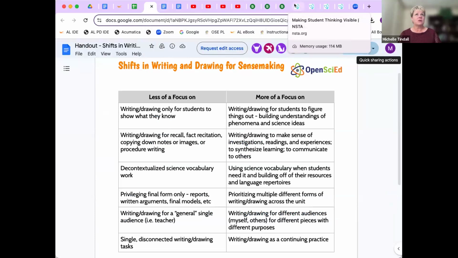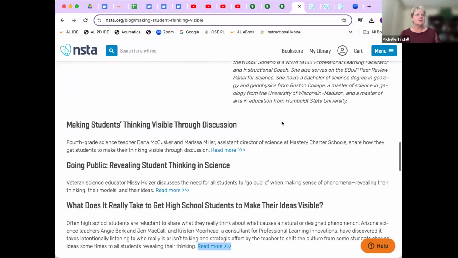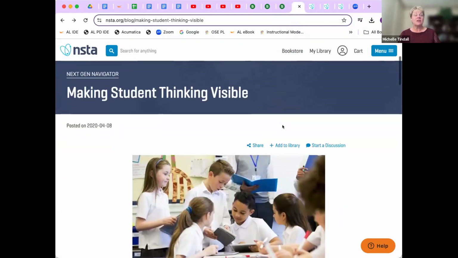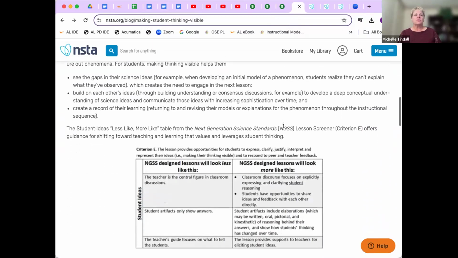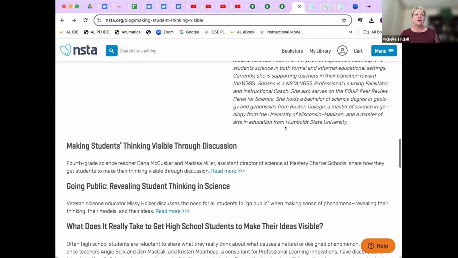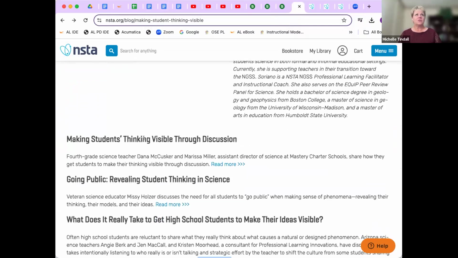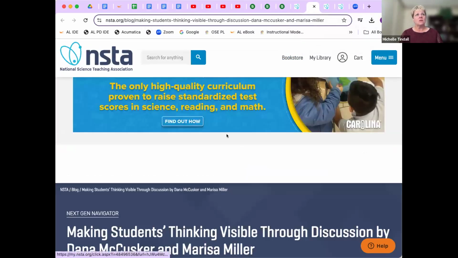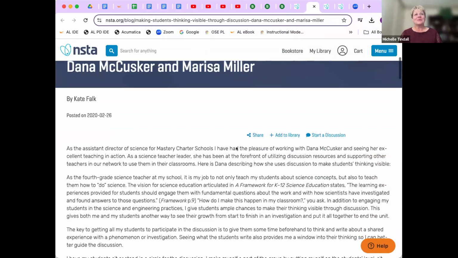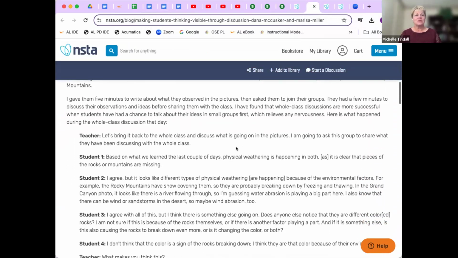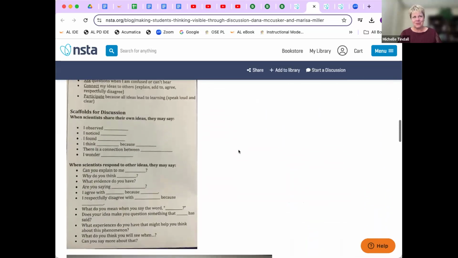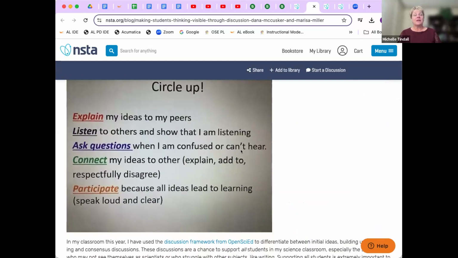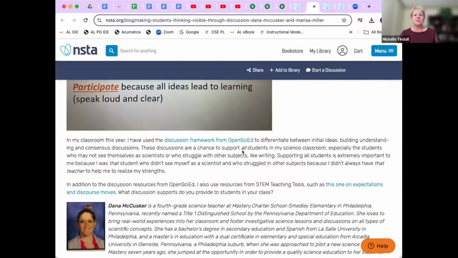So on the first article, you'll see that there is an introduction here, Making Student Thinking Visible. And then it kind of sets the stage. And when you scroll down after the bio of the author, you'll see the second article, Making Students Thinking Visible Through Discussion. And when you open that one up, you will see this article right here. And this goes in and actually shows you some additional examples and talks about a discussion here. And talks about the different types of discussions. So if you could take, like I mentioned, about 3 minutes to kind of peruse these 2 articles,